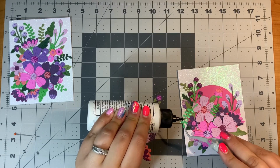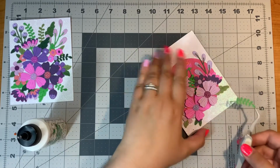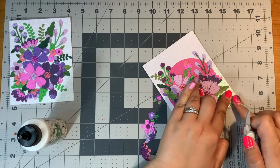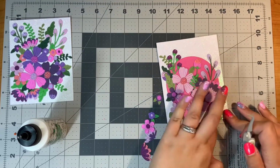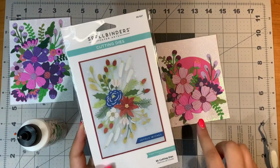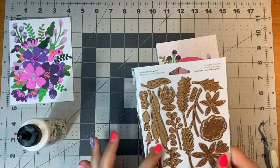I know some people are really into the dies, some people are really into stamping, but I think that this is a really good die set just to have in your stash because, like I said, you can change up the color and it can be something totally different. I did just get sent this one, the Holiday Blooms, which is similar to the Be Bold Blooms, and I'm excited to make some cards with this, especially with the